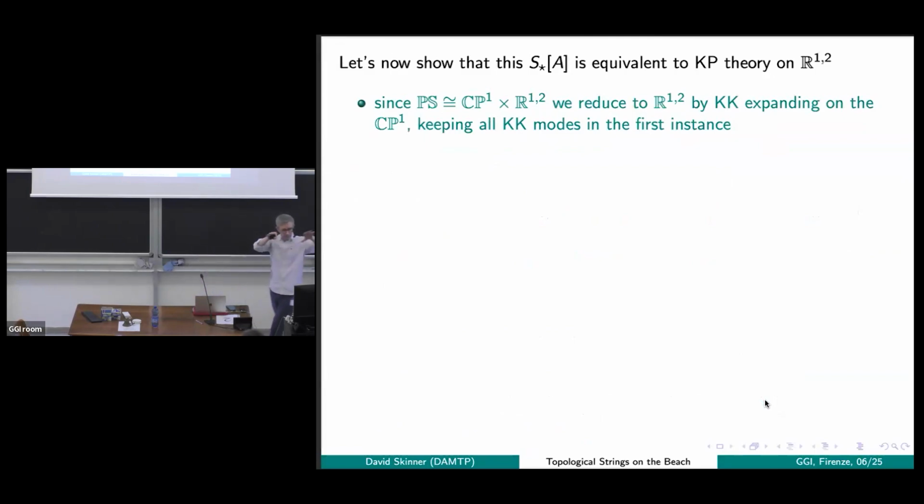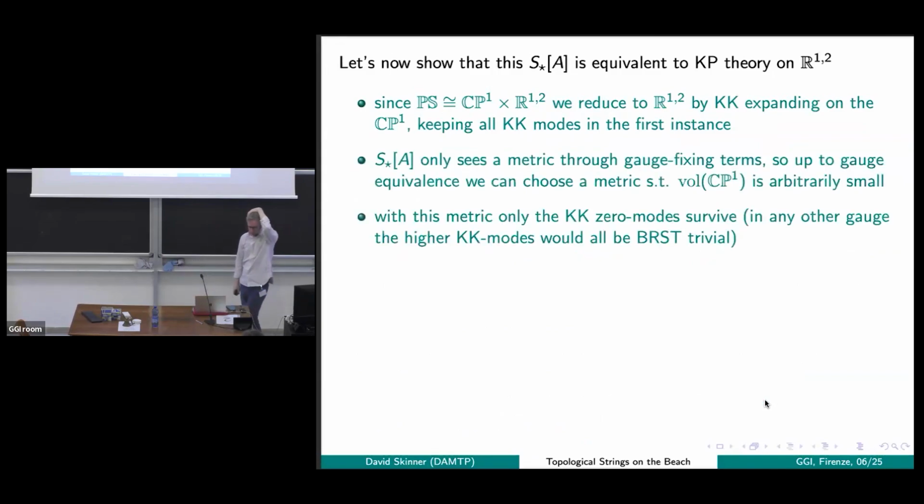Okay, so this is the theory living in this five-dimensional space, which is S2 cross R3. How do we reduce it down to that action that I wrote for KP theory? Well, as usual, since we're just trying to reduce on this Riemann sphere, we just Kaluza-Klein expand. I don't truncate, I just expand in modes on the sphere, keeping all of the modes. However, because the action upstairs didn't know about any metric, it only knew about forms. It was basically a Chern-Simons theory, either holomorphic or topological, but a Chern-Simons theory. The only place any choice of metric enters, which I've used to do my KK expansion by expanding in harmonic forms or something like this, is in gauge fixing terms.